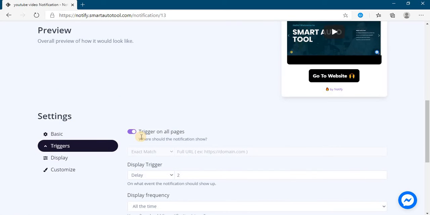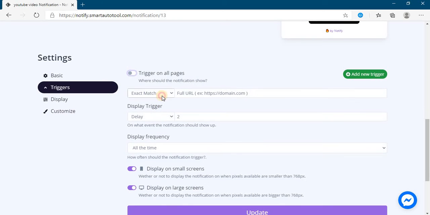If you want to show on your whole website, then trigger on all pages. If you set any condition, then you can turn off exact match. If you want to show on a particular page, contain part of the URL, start with the URL, end with, and page contain. But I want to show on my whole website, so trigger on all pages.